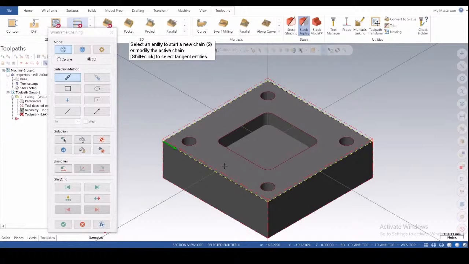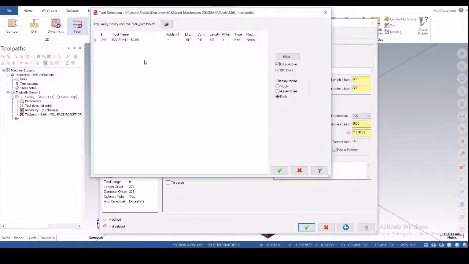In this comment box you can write anything for the operator, for example I'm writing here that this is facing with the tool that I am using. For the tool you have to go to the standard tool library. Click on select library tool, and after that you will get a lot of tools. If you want to filter, you can also filter. After selecting the filter, I just got a face tool of 50 diameter.